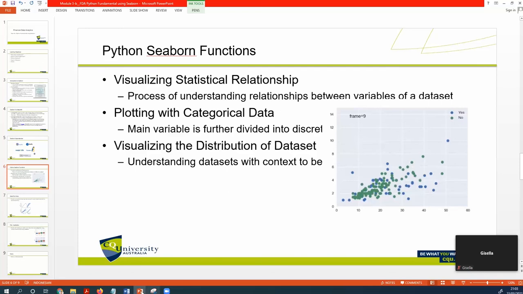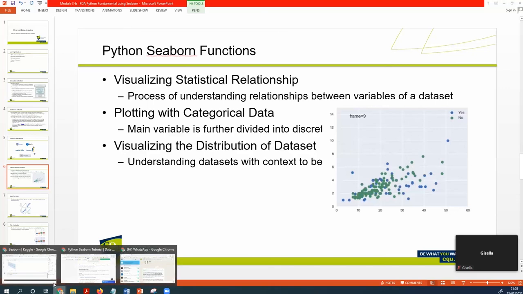How to do that? This approach is used when our variable is divided into discrete groups or categorical groups. To deal with this, we can use the catplot function in Seaborn.